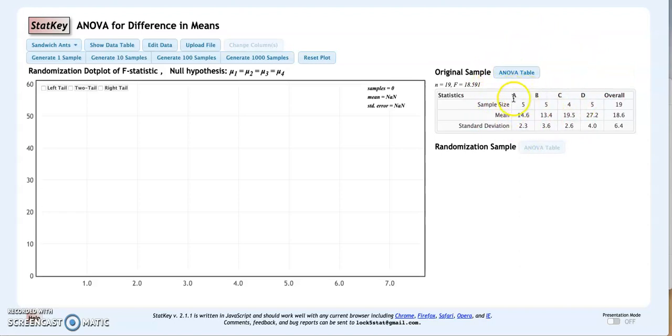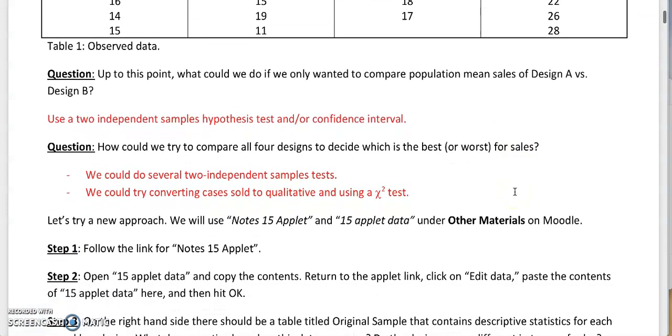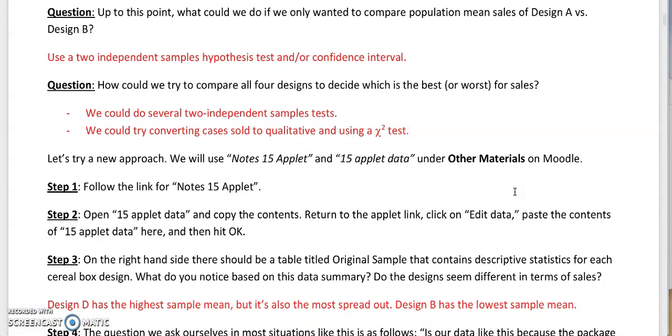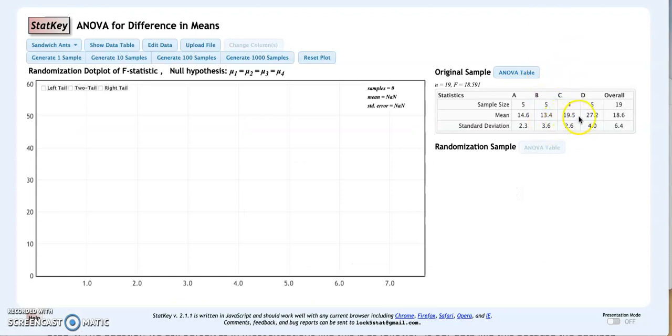And you can see I've got package design A, B, C, and D. I've got sample means and sample standard deviations. So we might want to start looking at those and comparing what we notice. And if you compare the different package designs, maybe you notice that design D has the highest sample mean. It's also the most spread out, so we might wonder if design D really is doing a good job, or maybe there was just some random chance. Design B had the lowest sample mean,